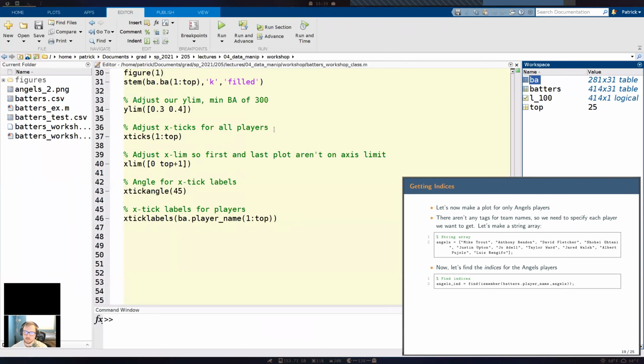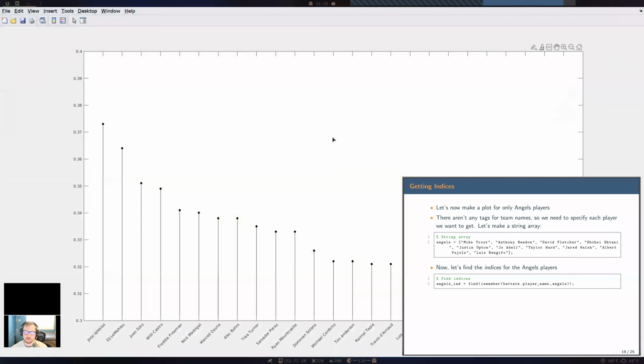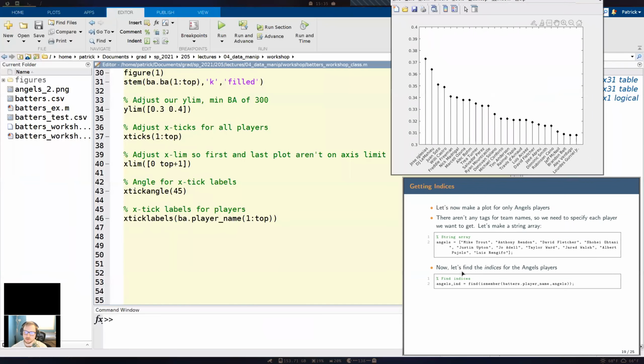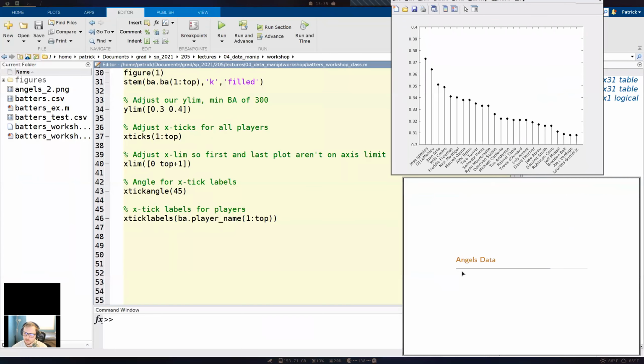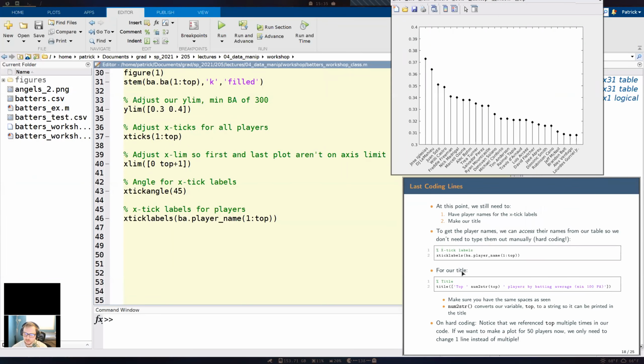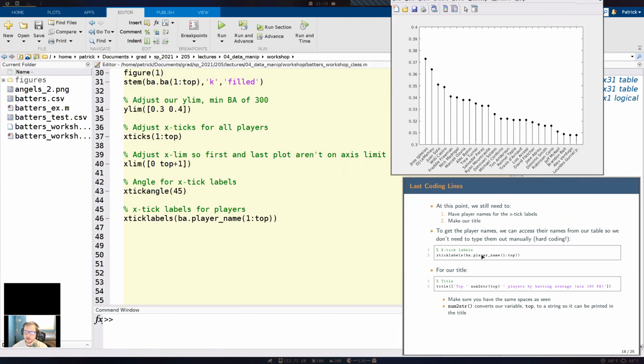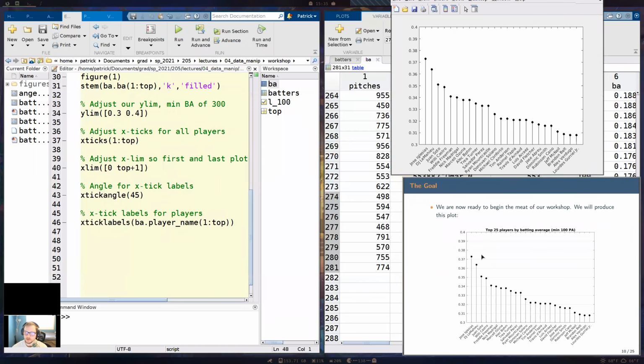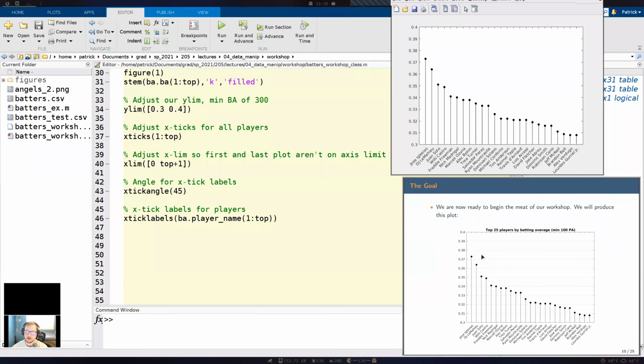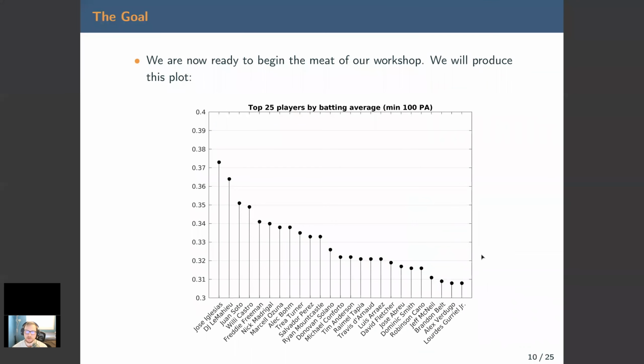Okay, so let's plot this now. So there we go. So that's our plot, and I think that was it for that exercise. Oh no, we still want to make our title as well. So we're going to make our title to basically look like this, where it says top 25 players by batting average. So we're again going to reference that variable that we made earlier called top.